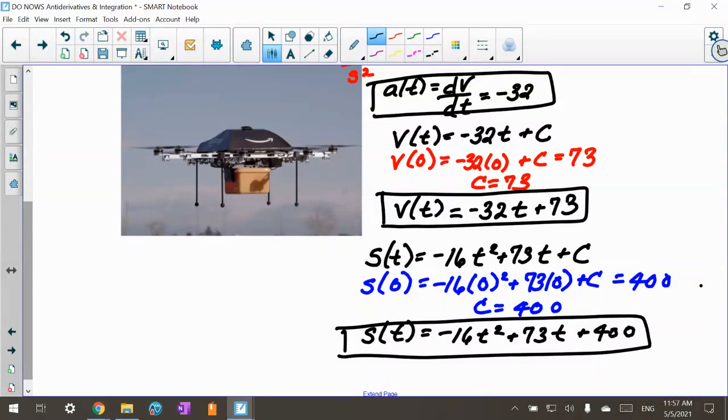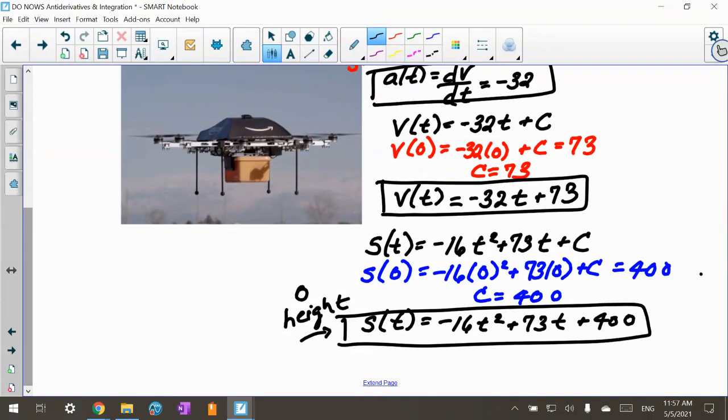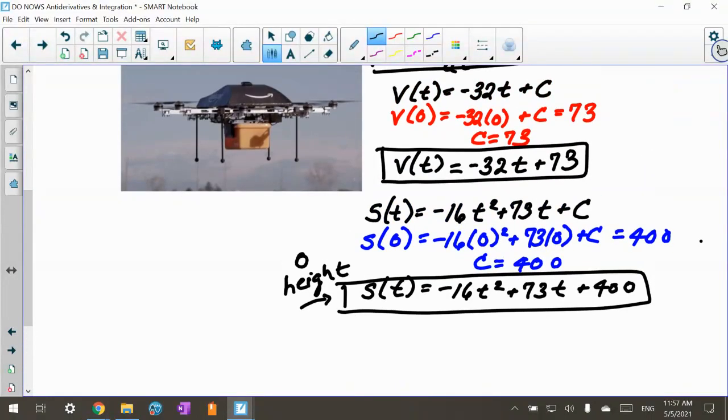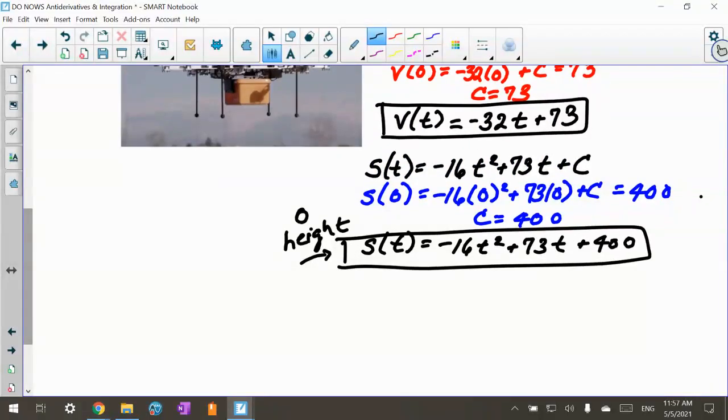Now, if I want to know how long it takes for that to hit the ground, isn't my height, because this is my position, going to be 0 when it hits the ground? Okay, so I'm going to put that equal to 0, and we're going to use the quadratic formula, which is old school, that you've done a long time ago, and figure out when that hits the ground. So I'm going to stack and rack. A is going to be negative 16, B is going to be 73, C is 400. D, which is b squared minus 4ac, comes out to be